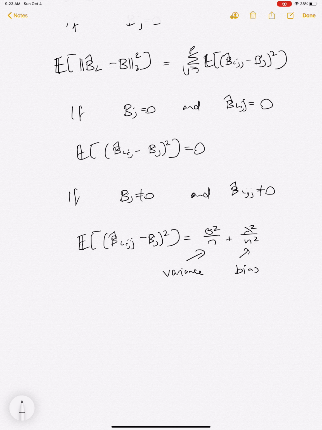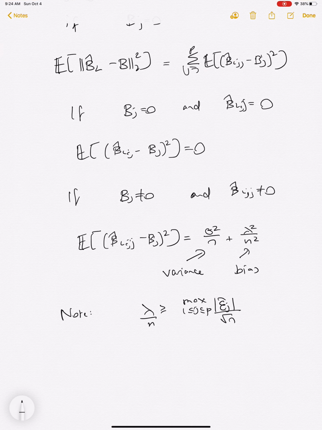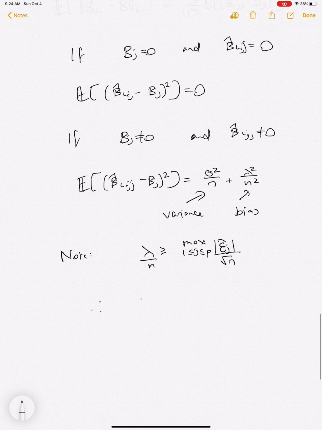And then we also have this condition. Note that lambda has to be bigger than or equal to max over j, so lambda over n has to be bigger than or equal to the max of j from 1 to p. Or to write it in a different way, we can write it as,